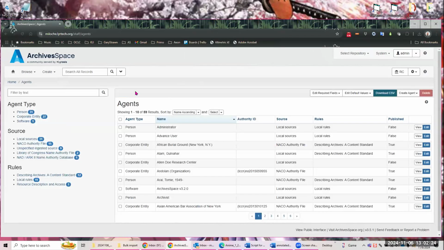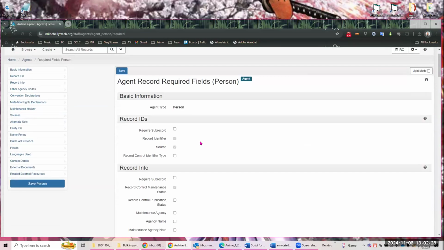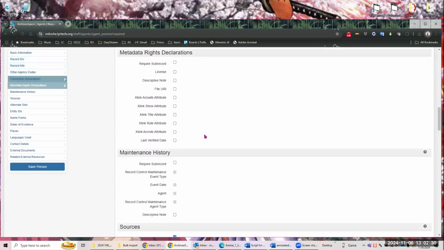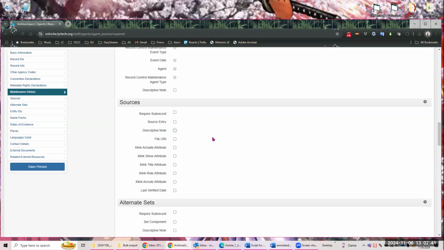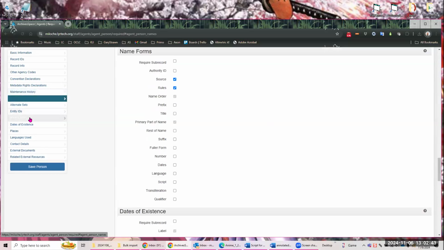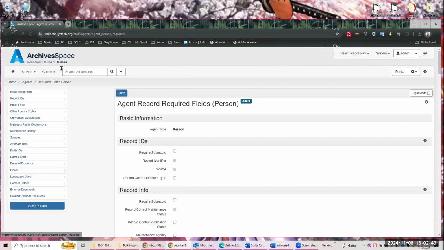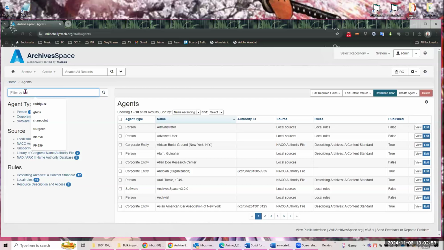Well, I should probably get rid of the edit required fields that I did, since I'm messing with these records. I wish there was a return to default, but there isn't. But you could see which ones are by default here versus the ones you might have required based on the lovely blue check marks. Name forms, we'll get rid of that, and save person again. Okay, now we will browse agents, and